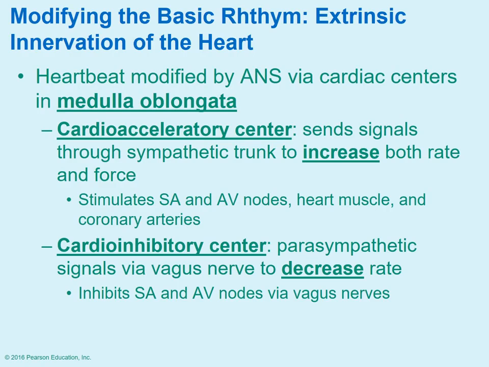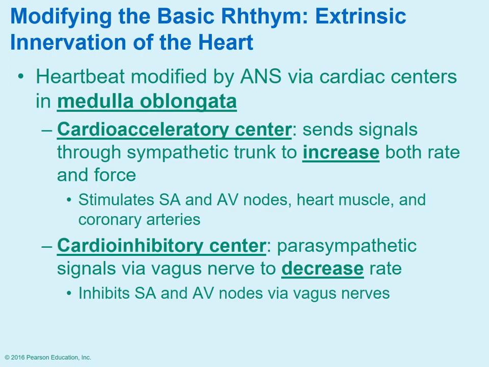How does it do this? It's going to stimulate both the SA and the AV nodes. It's going to stimulate the heart muscle. It's going to stimulate the coronary muscles. All of this is to increase that blood flow, so you increase oxygen to the muscles where you need it to have your response that typically is seen with the sympathetic nervous